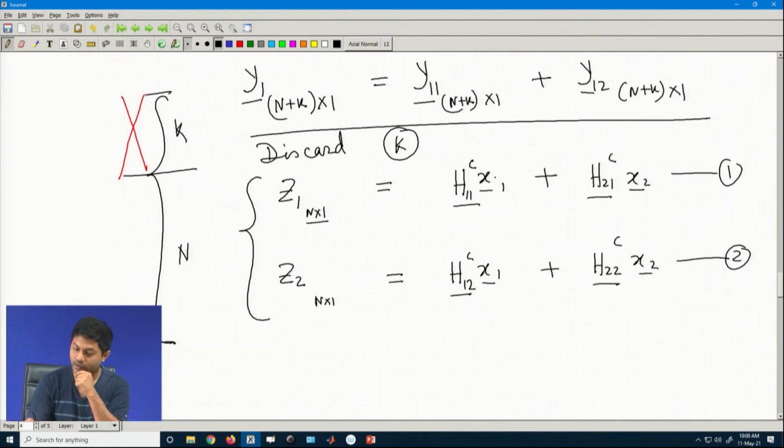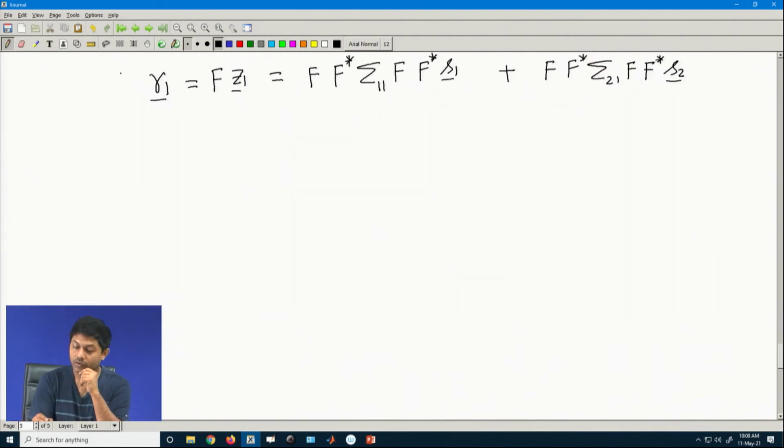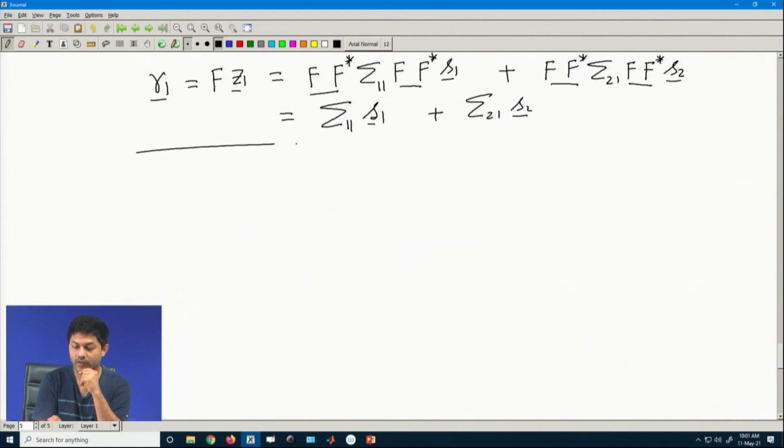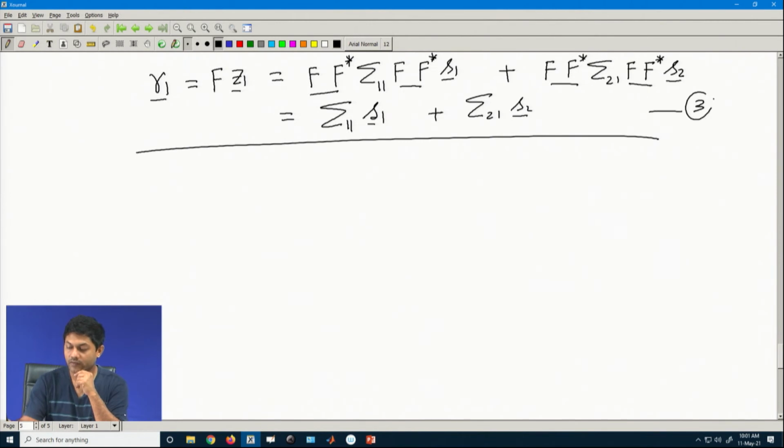So, make sure that x1 is the one which is transmitted, this is the IFFT data, it is not S1. So, what would it be? This will be gone, this will be gone, this will be gone, this will be gone, right. So, it will have sigma 11 S1 vector plus sigma 21 S2 vector, that is the only thing. Let us call it equation number 3.